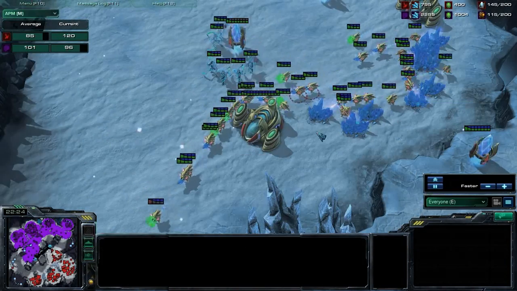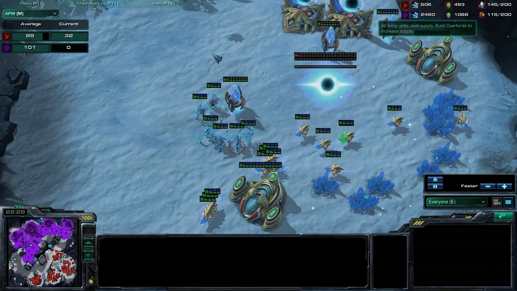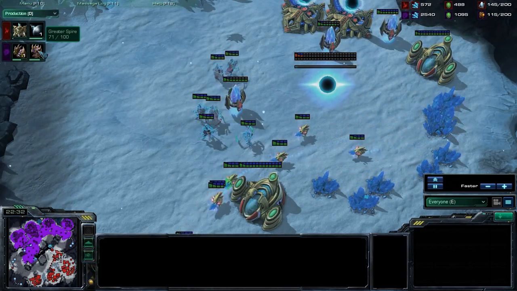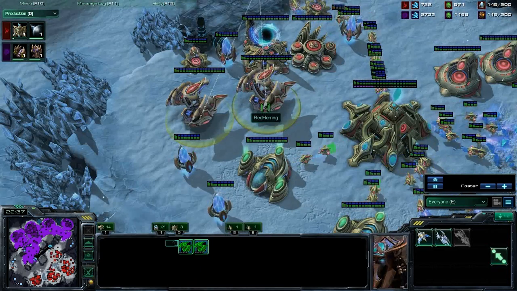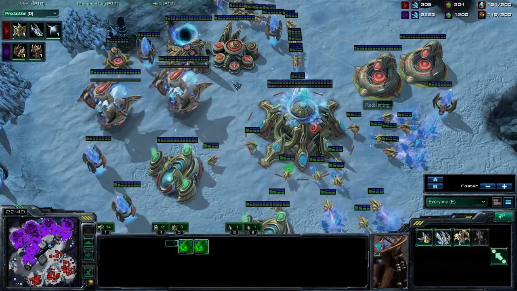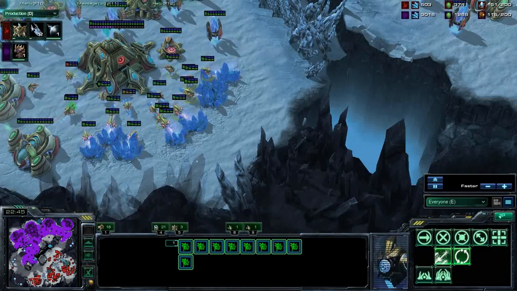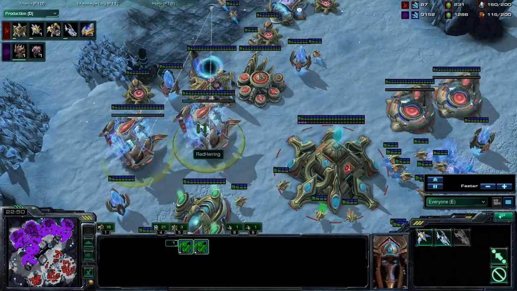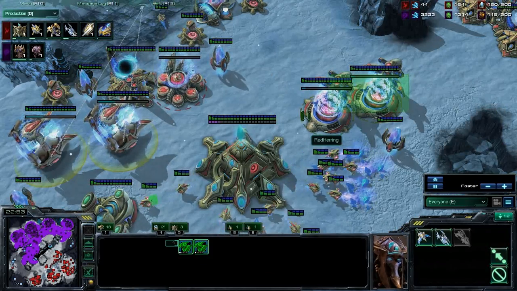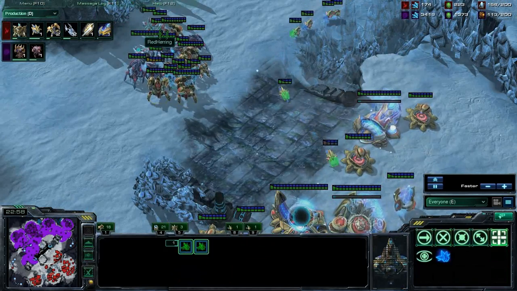Jeez, that stinks a little bit. He does have a lot of money here, not much supply, but that is probably because he is going, yep, Greater Spire, Broodlords. So yes, I did go double Stargate, did not choose to go for Colossus tech. I was a little bit low on money, because he had sniped this base earlier. He sniped this one now, so I don't have the money to sustain Colossus and Void Ray tech, and all my Templar Gateway force. So I'm just choosing to stick with the Immortals, getting Void Rays now,